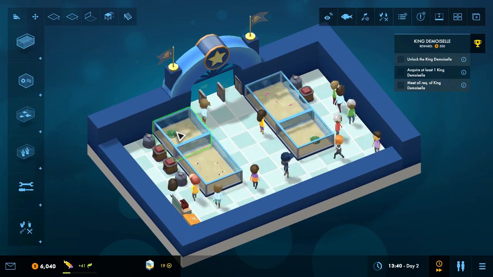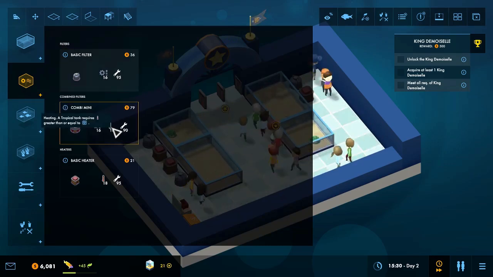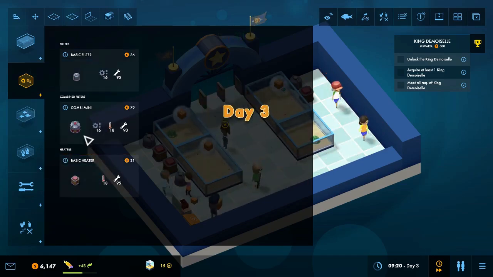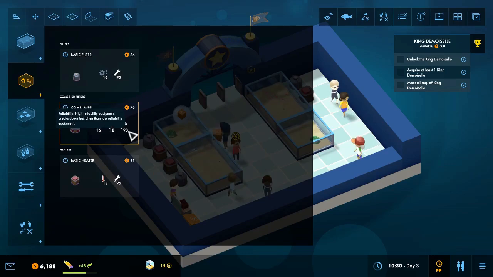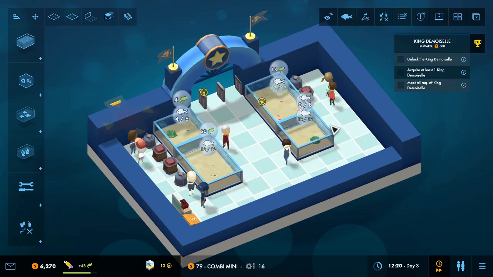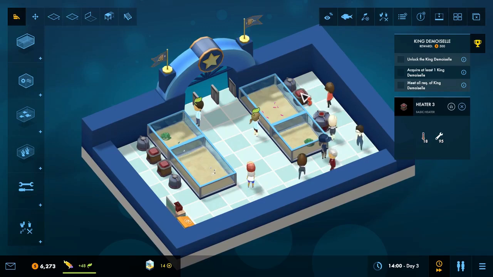It's not too good. So we did unlock a new thing, the Combi Mini. And the Combi Mini is a combinator that allows us to combine a basic filter with 16 filter power with a basic heater of 18 heating power. It's less reliable than either of them, okay? But, I don't know, it seems more than worth it. So, we'll actually replace... let's press X or click here to sell things, so...